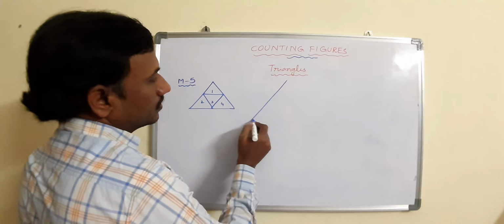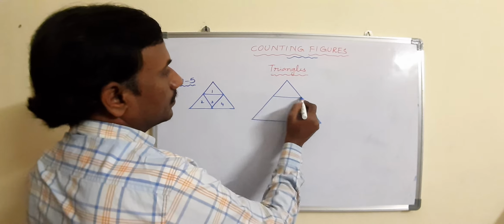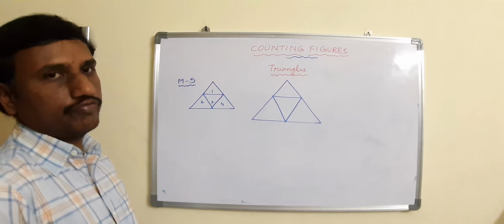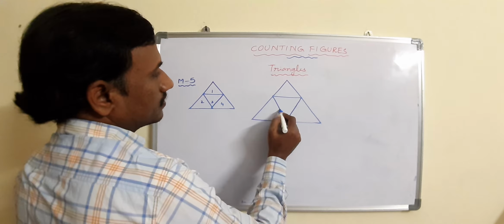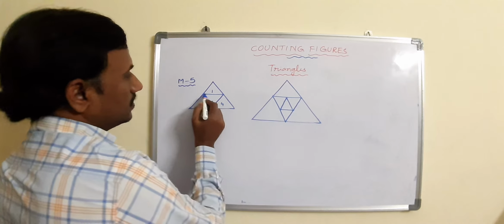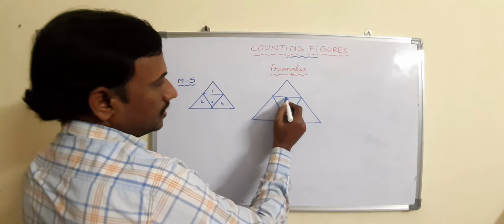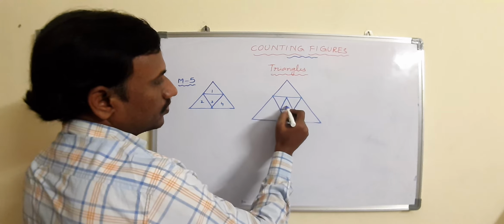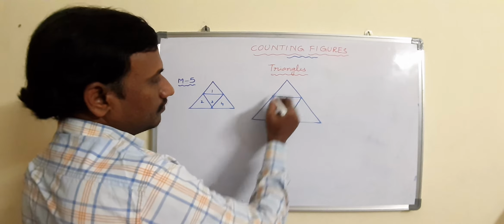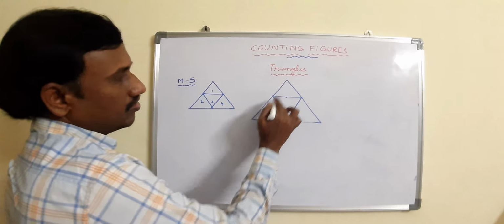Suppose the same model, not the same question, they may give multiple triangles like this. Up to this, how many are we having? 5. And inside also they will give multiple triangles like this. Because of this one triangle, in total 4 partitions we are getting. That means here also, because of this triangle, again 4 more partitions we got. Then this one we already counted in the first figure.